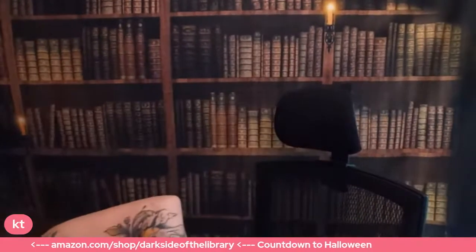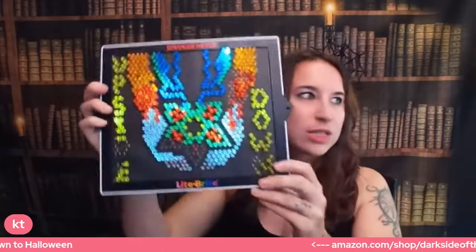So I have this Light Bright, and I was thinking to myself, it would be actually really fun to use this as a Halloween decoration. So this year, it might be a bit of a low-key year. I did something a little more elaborate last year, but I think this year I might try something chill. But I like this idea of using this Light Bright